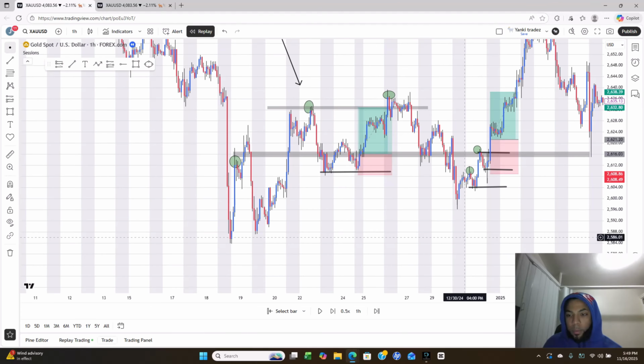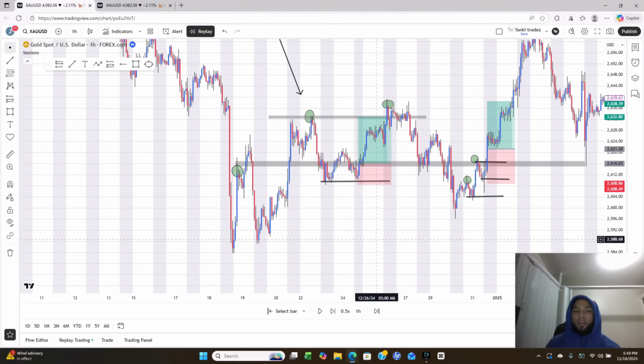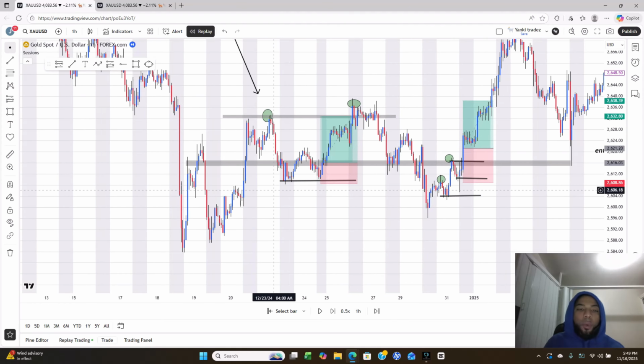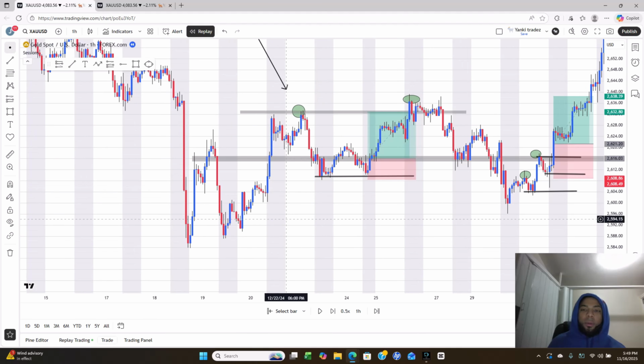Okay, boom. So that's that. We got one trade there, right? We got one trade there. So how many confluences do you have that tell you that the market wants to go to that area? Look, how many